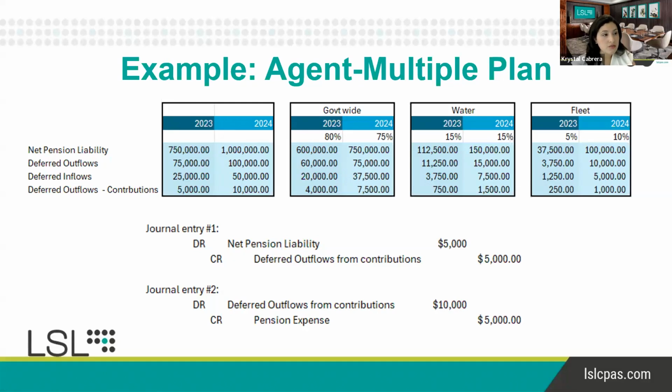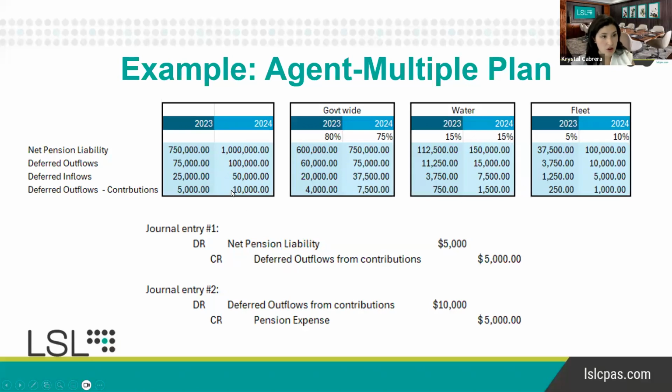If you look at that schedule, my prior year deferred outflows of contributions will be $5,000 in the footnote. And this year, we get to recognize that that's going to reduce our liability. So it's debiting that liability, and we're going to remove those outflows because they're not going to be there anymore. But in the following entry, that's where this year's deferred outflows, we're taking them out of our pension expense, because as we've gone through the year, we're recording it as an expense, but it's actually going to be next year's reduction in liability. So we're going to record this as a deferred outflow contribution for this $10,000 that you see